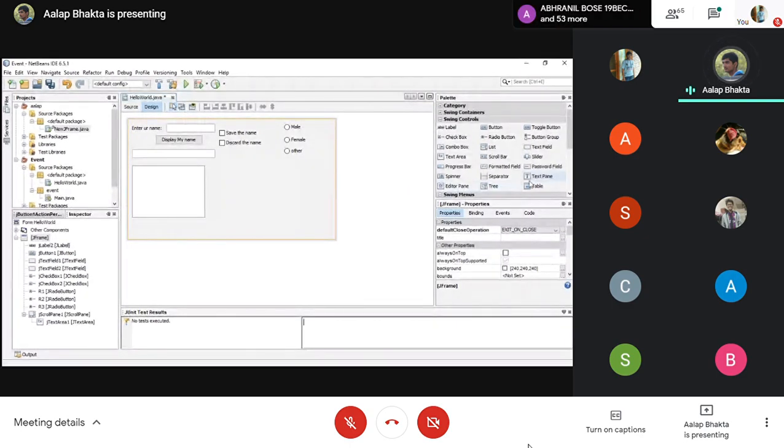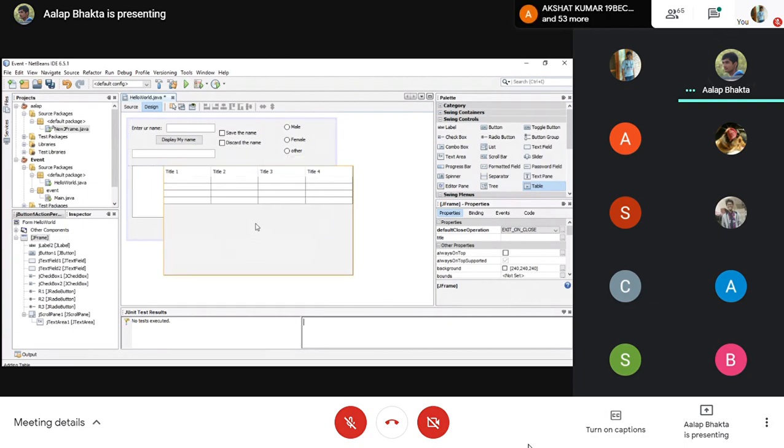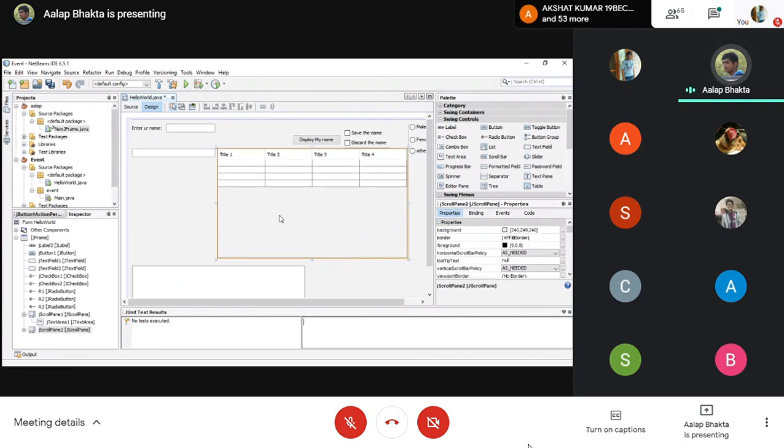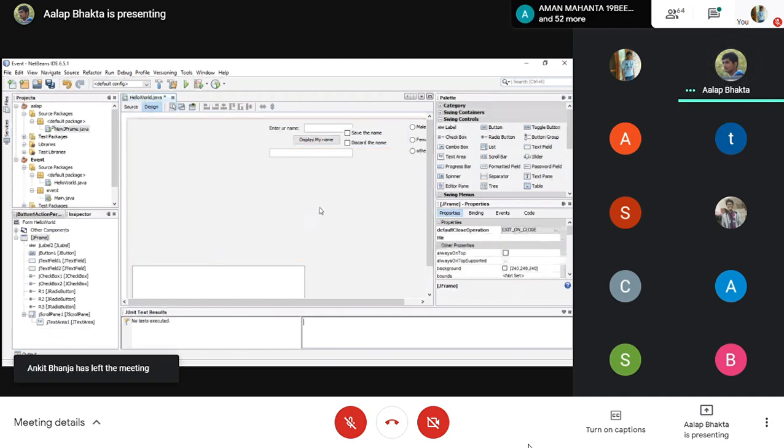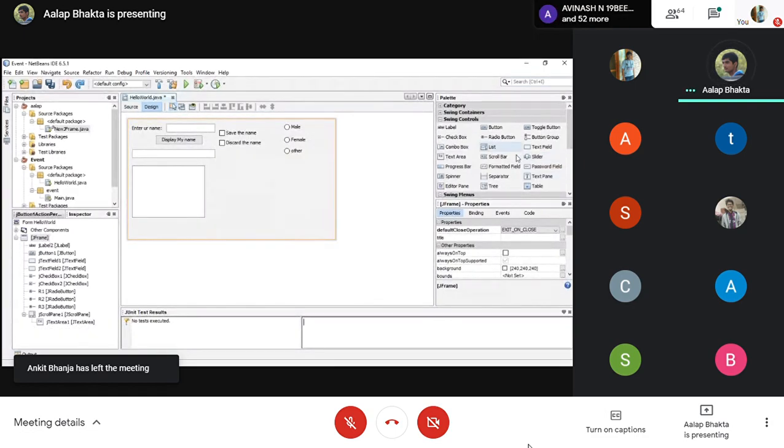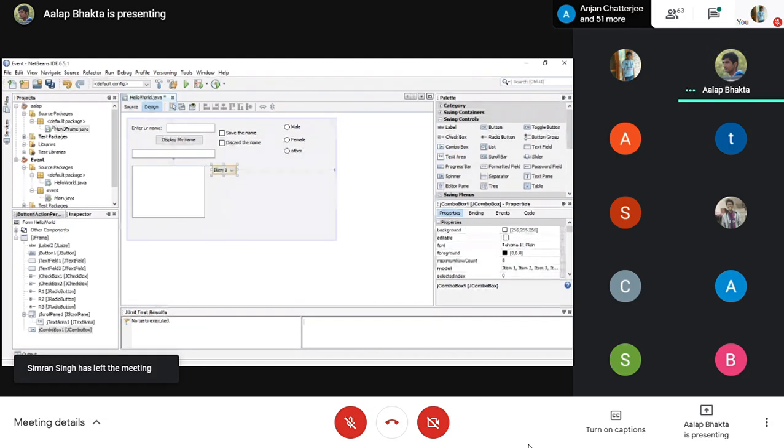Okay, so the text area field works like that. Then there are tables, for displaying the table thing. Sorry. I'll go back to this, where I'll introduce this component list. Wait a minute guys, I'll just come back.